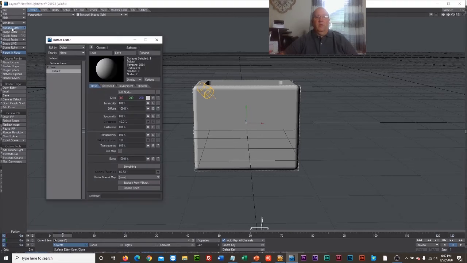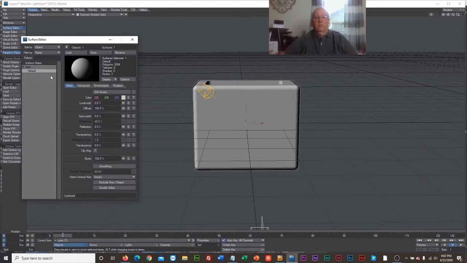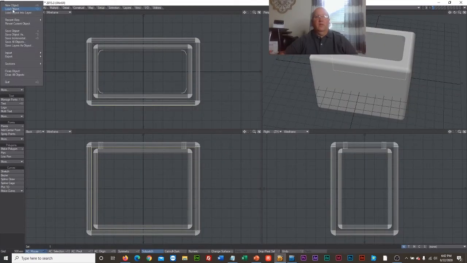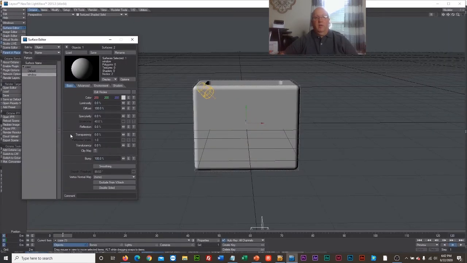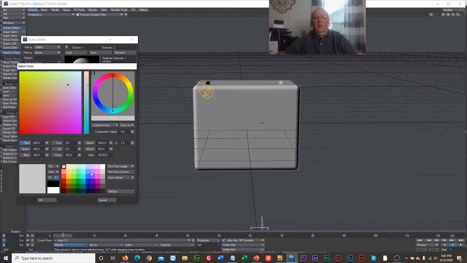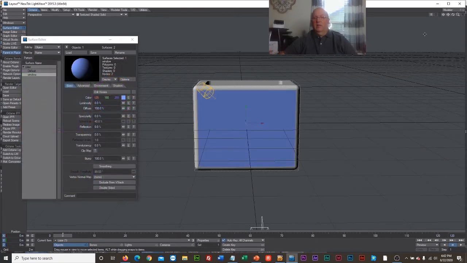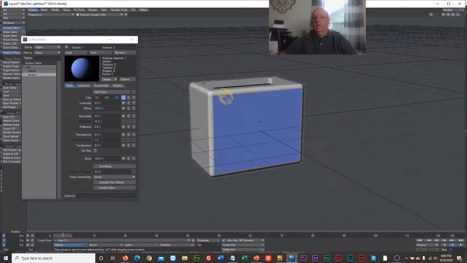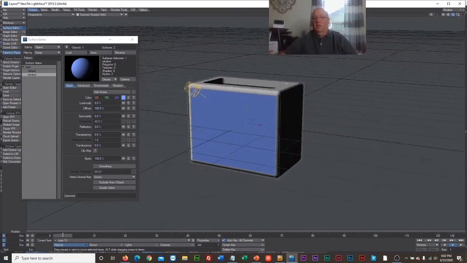But if I go to my surface editor, there's my default surface. Where is my window surface? Well, I'm going to save it if it didn't come up the first time. Save object. So if I go back here, there it is, window. So we have an aspect of this that has a separate surface. So for example, if I want to prove that, I can give that a different color, and there it is. So if I'm looking at it in layout, I can see that we've got a different color on that side